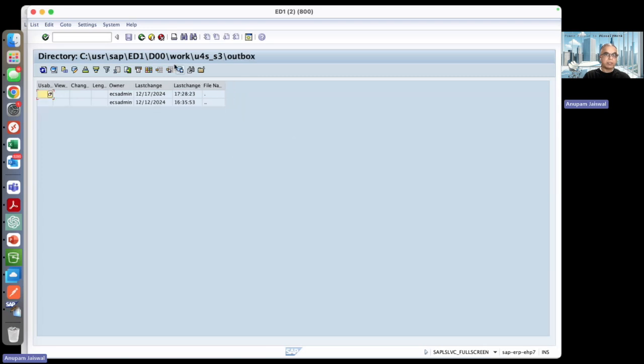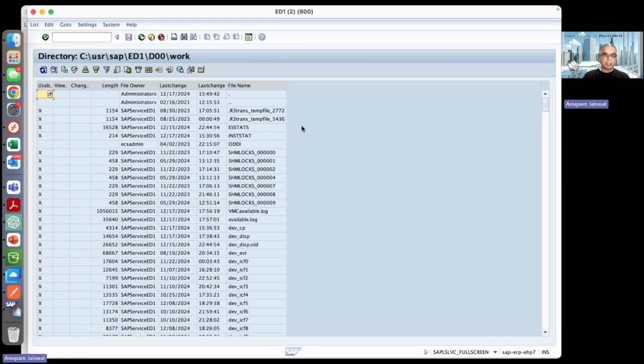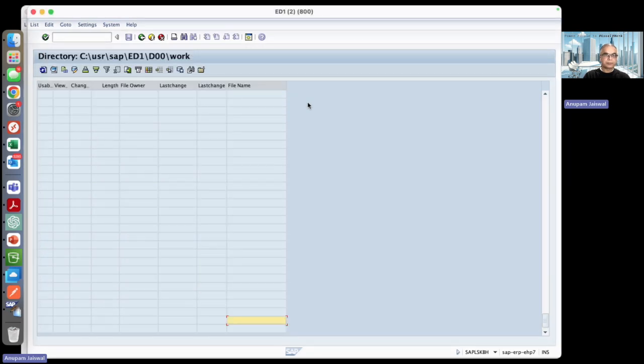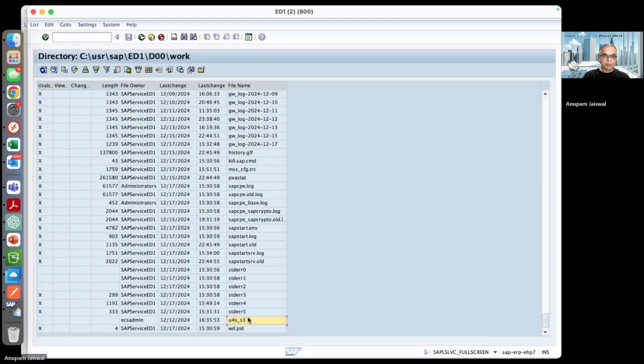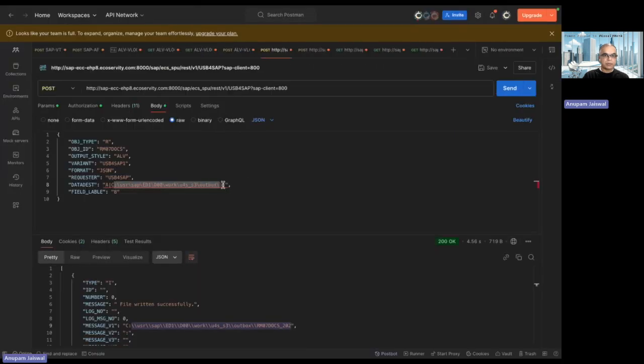Right now, I don't have anything in my outbox, and in my archive folder I probably have some previously transmitted files. So this is the folder we are asking it to send to from the SAP, and from this folder a set of code will pick it up and send it to S3 along with the pre-signed URL. So when I press this,